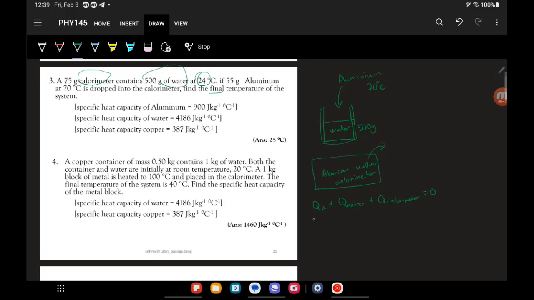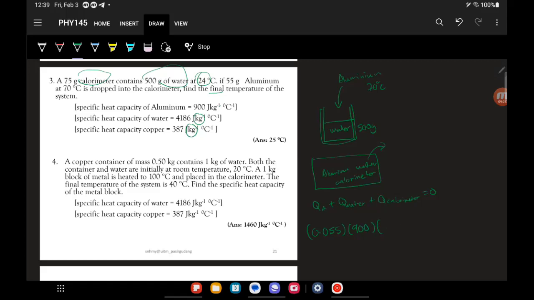So we need to track down Q of aluminium, which is 55 gram, so 55. Remember to leave everything in kilogram, because see the unit there, when we use aluminium here, make sure that we use SI unit, kilogram. If the given value is gram, then maybe you can use gram as well, but here it's given in kilogram, unless you want to change it into gram. I think it's not wise to do so. So here 900,